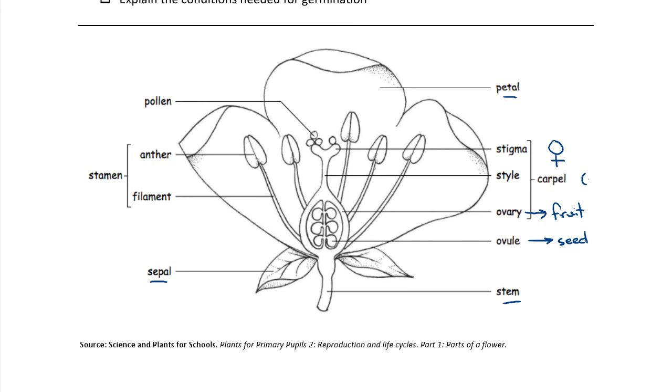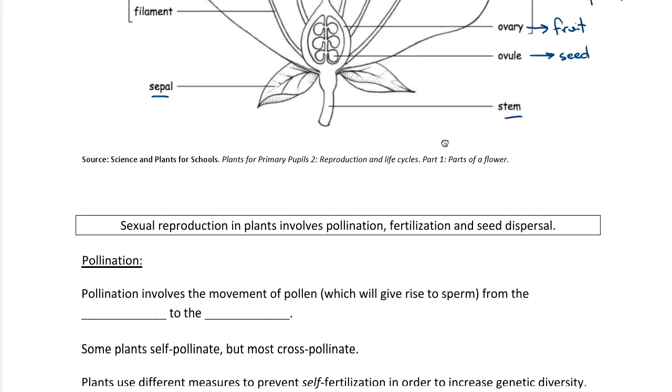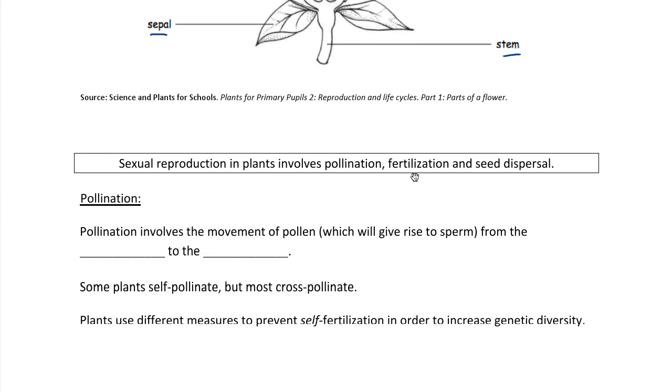Now, you'll also see the carpel referred to as the pistil. Those are slightly different things, but for our purposes, we won't make a distinction. So you'll see this combination of stigma, style, and ovary called either carpel or pistil. Again, that's the female part of the flower. The stamen is the male part of the flower and consists of the anther, where the pollen matures, and the filament, which supports it. And the flower is involved in the sexual reproduction of plants, which involves pollination, fertilization, and